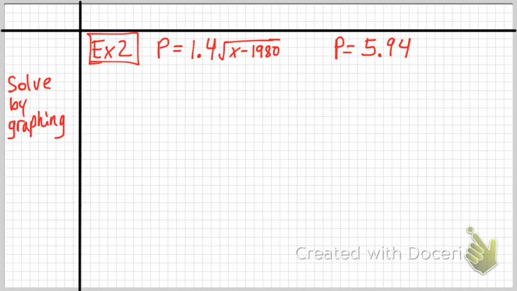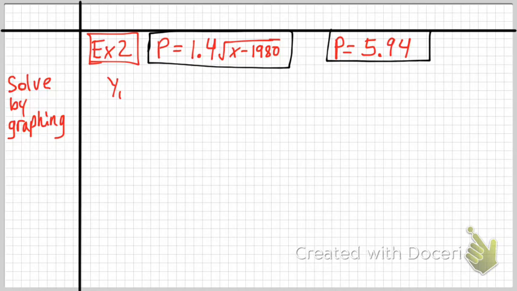Alright, so another thing that we can do is we can solve it by graphing. The way that we would do this is you would take your graphing calculator, and in y1, if I wanted to know, given the expression p is equal to 1.4 times the square root of x minus 1980, and I wanted to know the x value for which p is equal to 5.94, what I can do is input my equation into y1. So I can say y1 is equal to 1.4 square root of x minus 1980,